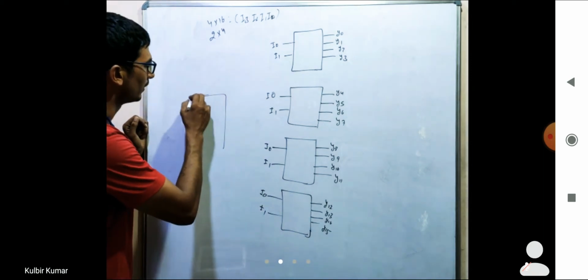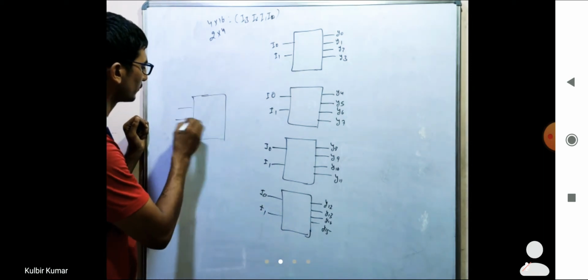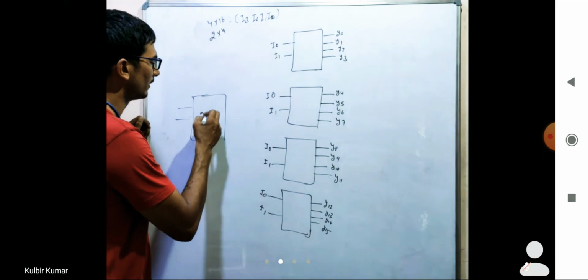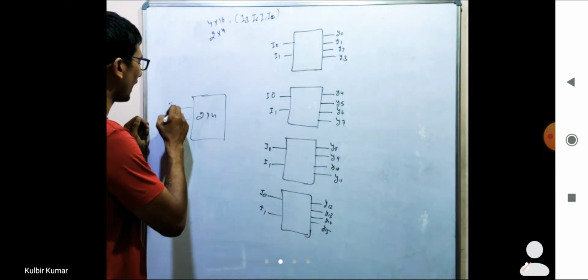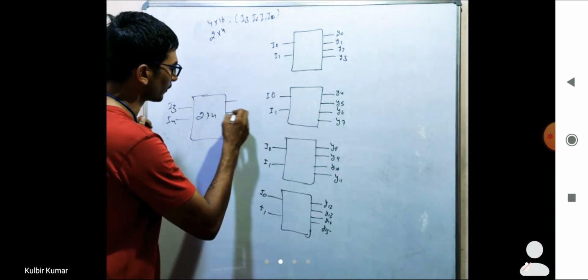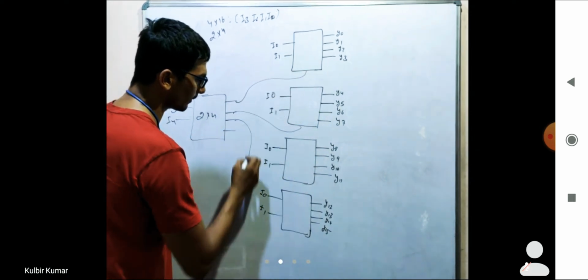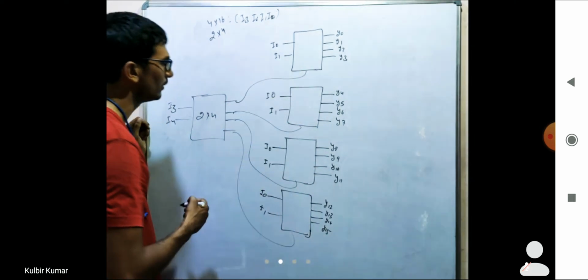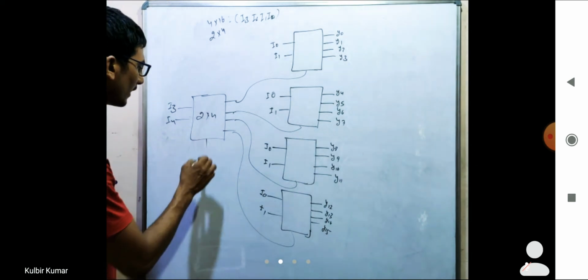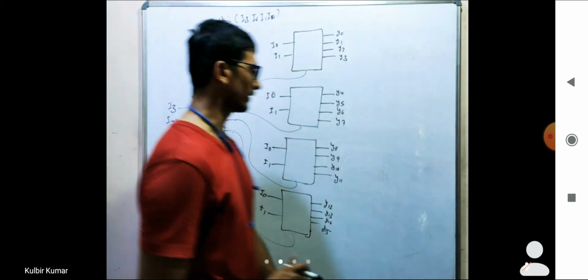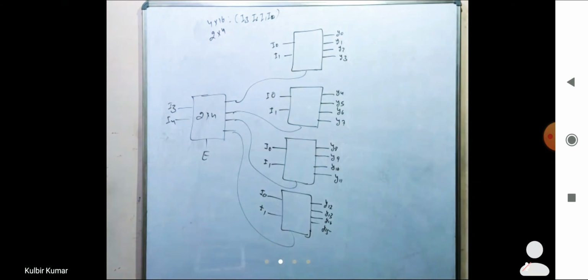One more decoder just to activate next level decoder only. So simply apply here I3 and I4. So it has a total of 4 outputs. It is connected to this one, this one, this one, and the last one. And this is the enable line for the very first decoder. So a total of 5 2 cross 4 decoders are required to implement a 4 cross 16 decoder.